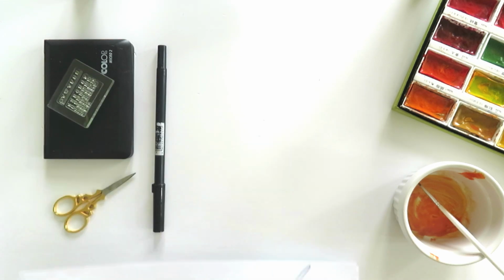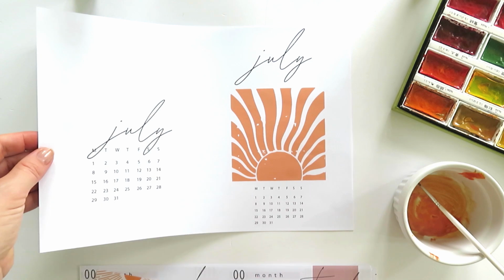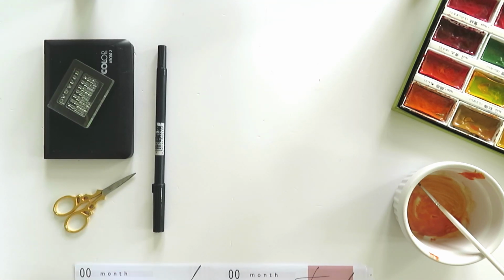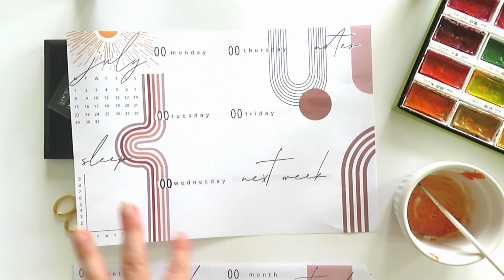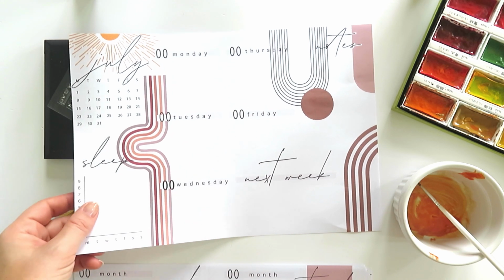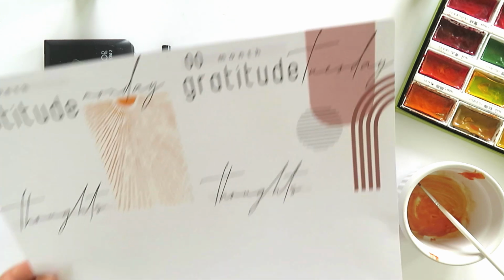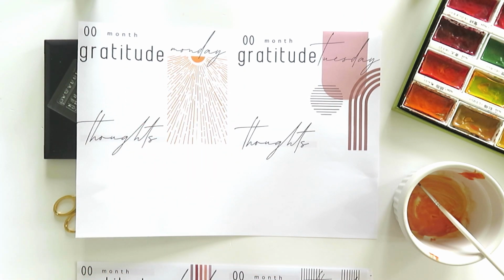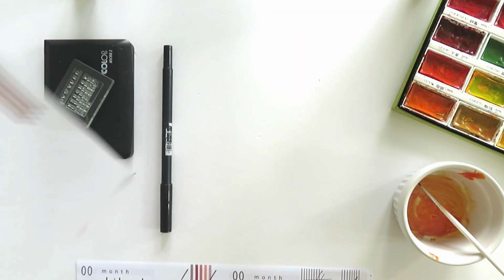We've got our cover page. Let's do it one by one. Our cover page, and as usual you have your separate plain month to view there, and then we've got our weekly, sorry, dailies. As you can see, I've brought some retro shapes using the colours. You can use whichever colours you want. I haven't actually got any Tombows as yet, but I will put some down in the comments. This lovely sunburst, sunrise, sunset vibe going on here with some more abstract shapes for our